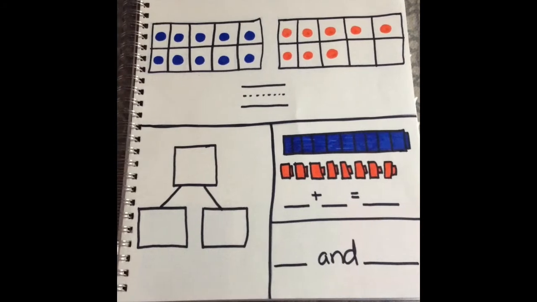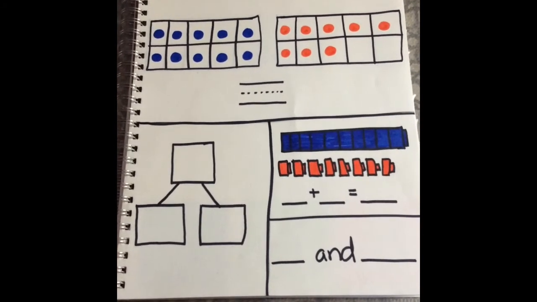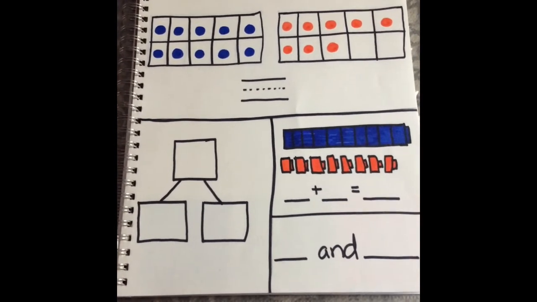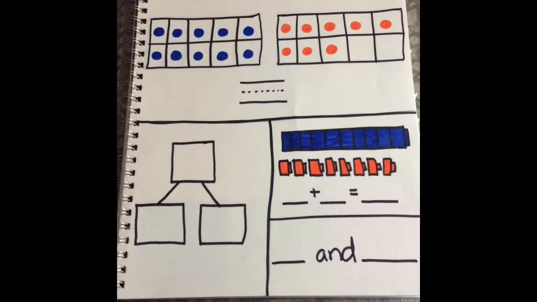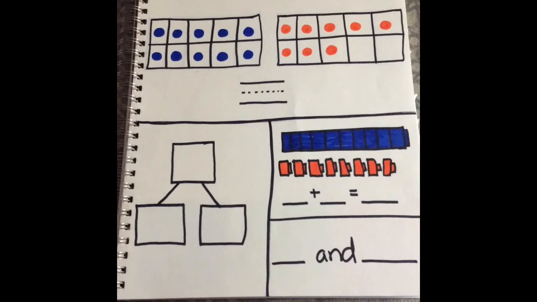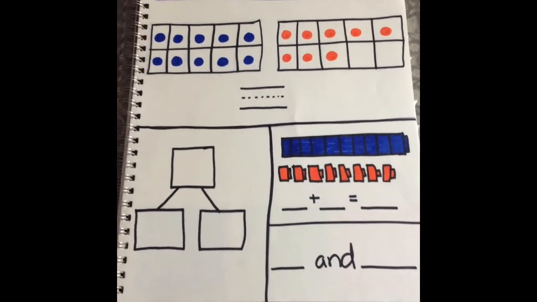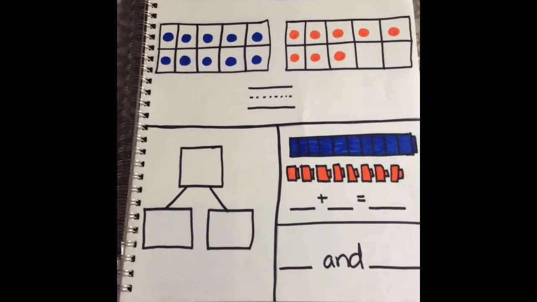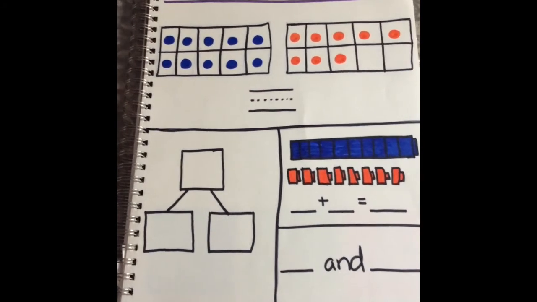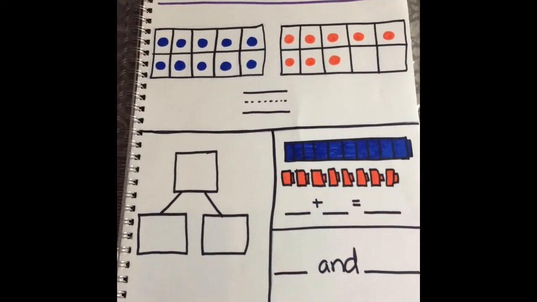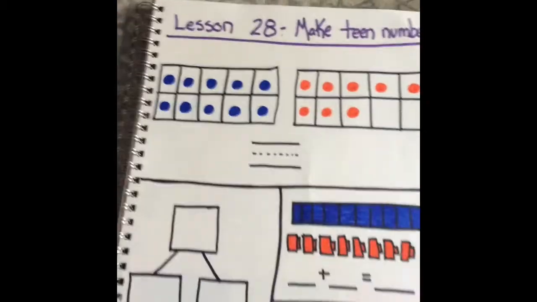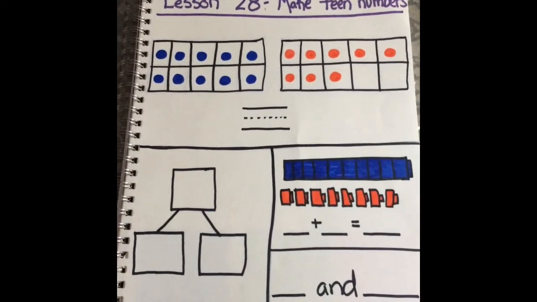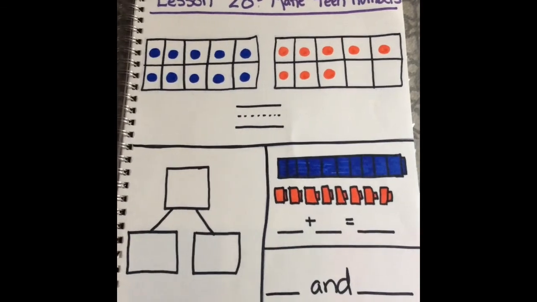So I need to have a flat surface to do that on. So before we start with that activity, I'm going to do a little example for you to show you a couple different strategies that can represent teen numbers and help you count them. So if we look at the first one up top here, I see two 10 frames. My first 10 frame is completely filled in. And when I have